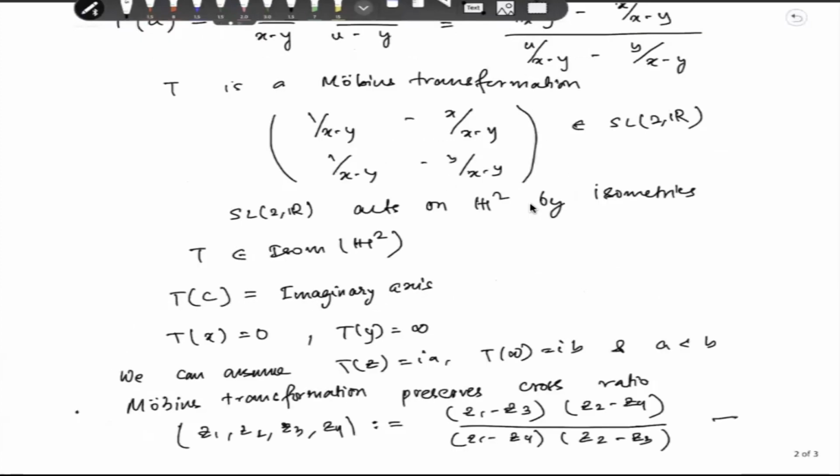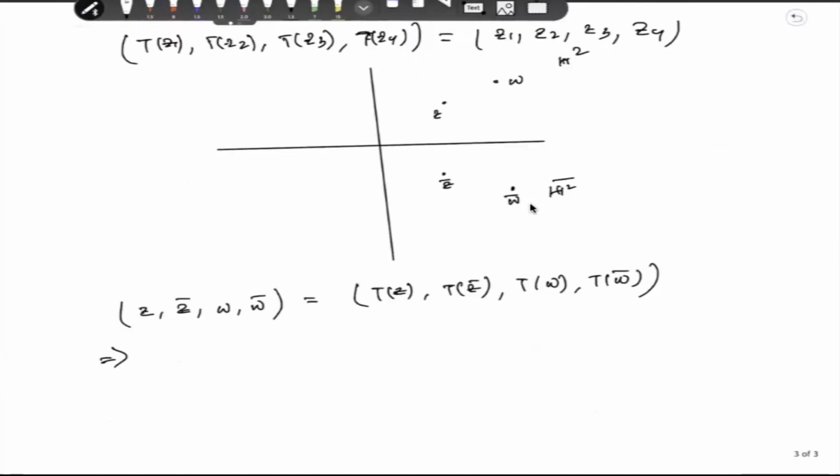From this equation, if I take the mod, what will we get? Mod of Z minus W times mod of Z bar minus W bar, divided by mod of W minus Z bar times mod of Z minus W bar, is equal to